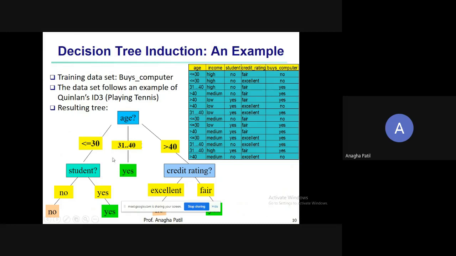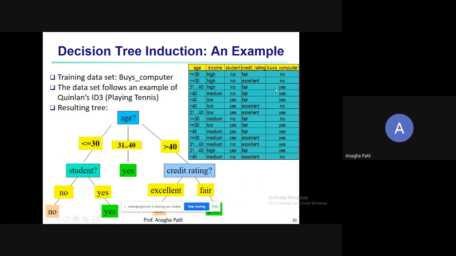Okay, so what will happen to the group if age is 31 to 40? If age falls within 31 to 40, whatever the possible values for income, student, and credit rating, buys computer is equal to yes. We are not making the decision based on this particular sample. You have to see all the samples of 31 to 40. As we are seeing, the income is high here, low here, student is yes here, no here, credit rating is fair here, excellent here.